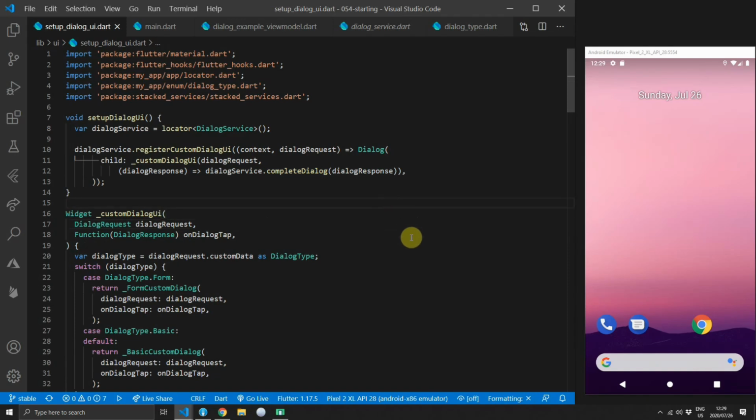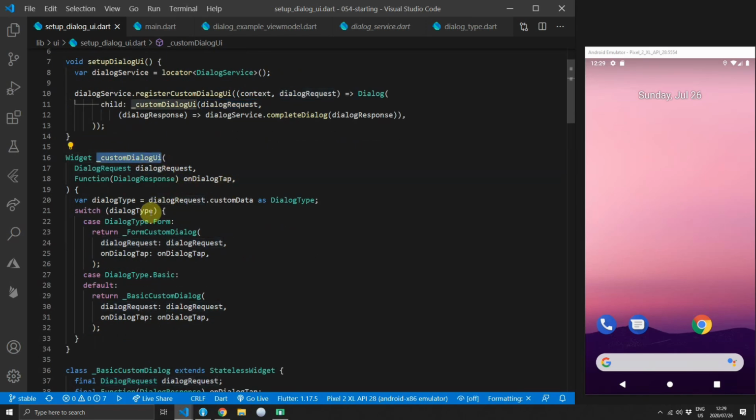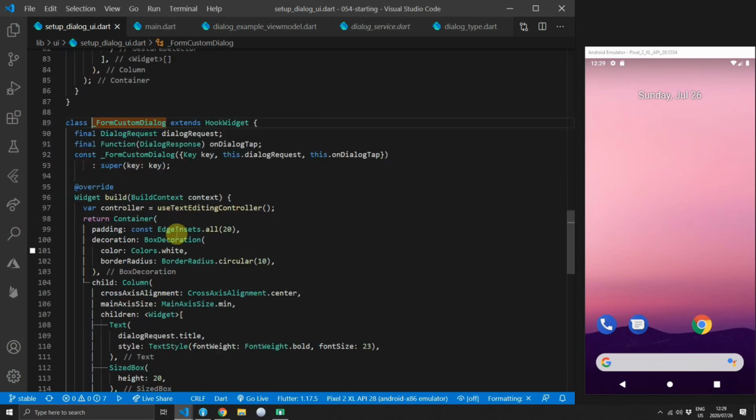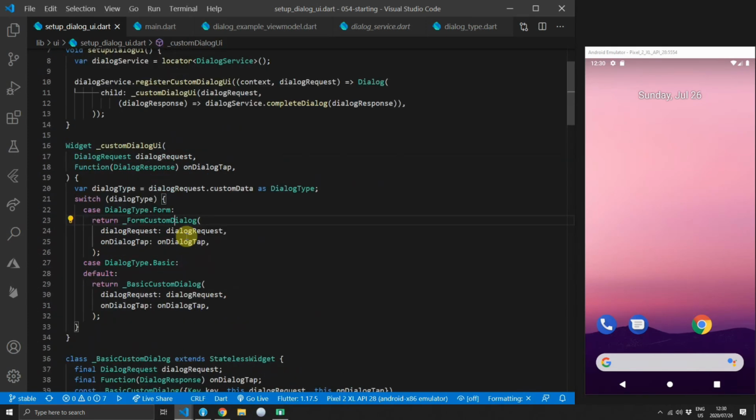This removes the dialog manager from our UI part and simply relies on the dialog service and the Get package for the functionality. Just a quick run over of creating a custom dialog. We get the dialog service, and then we call register custom dialog UI, where we pass in a builder function that returns a widget. This function gives us a dialog request, which we can use to check the custom data property and then return different widgets based on that property type. And that is all you need to create a custom